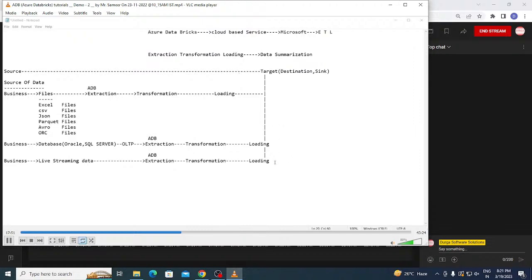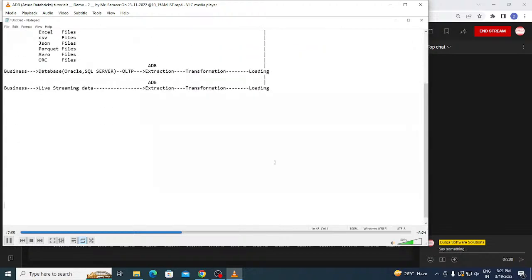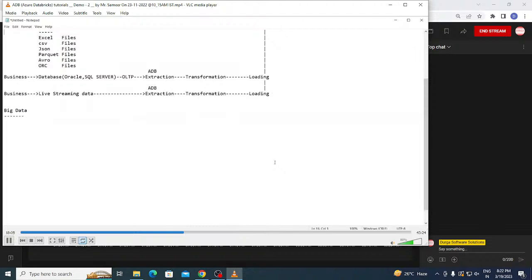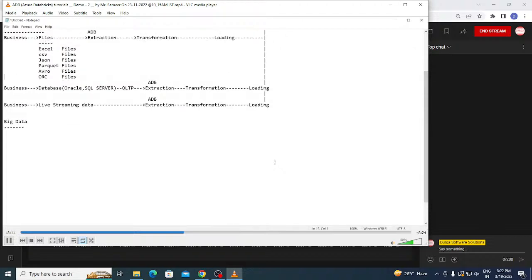Now, guys, next one. Let us see exactly what big data is. Big data. Now, guys, what is big data? Big data is nothing but whatever data you're getting from the business. So just understand, big data is not a very great concept where you need to get confused. It's not like that. Big data, just split it, guys.